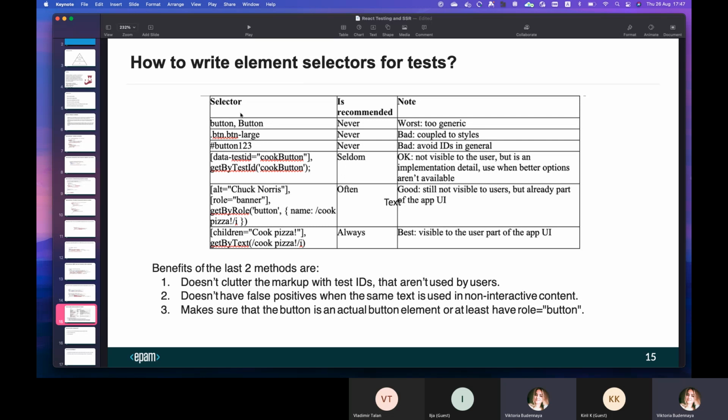You won't go with the name of the selector of the component itself. We don't recommend that. Same with coupled styles, like button, sign of button large. IDs in general are also bad, but sometimes they can be used, but it's a really, really rare